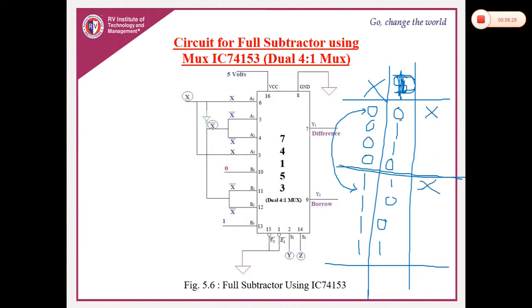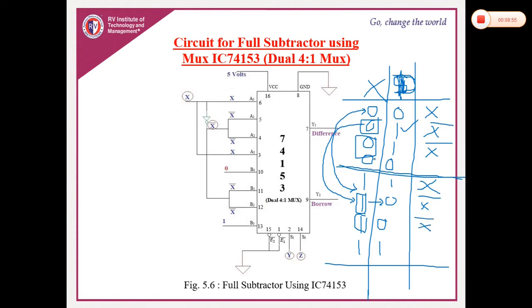Okay, then the output difference is following input x. Okay, the next combination 0 and 1: whenever input x is 0 you are getting 1, whenever input x is 1 you are getting 0, meaning you are getting its inverted form, x bar. Then next, whenever input is 0 you are getting 1, whenever input is 1 you are getting 0, meaning again it is x bar.